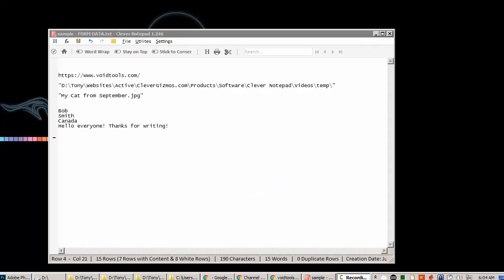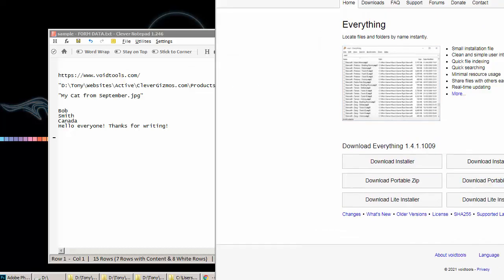Now, once you get used to this functionality of being able to open URLs, file folders, files, and everything, you'll never want to go back to anything else, because in my own documents, I refer to files and paths and websites that are all over the place, and there's just no way I'd want to keep track of them, or go back to just copying and pasting file paths and URLs and searching for documents, because now it's just so easy thanks to this integration with